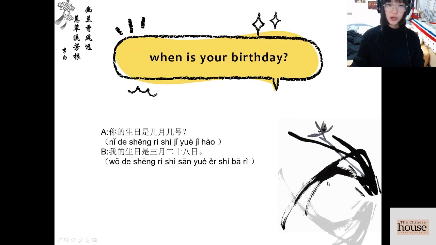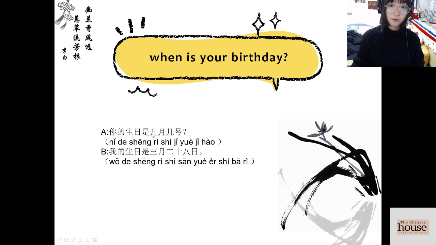And then, when is your birthday? 你的生日是几月几号? 你 is you. The 的 indicates that the first word has possession of the next one, which means the birthday is yours. 你的生日, 生 means birth, 日 means date. 你的生日是几月几号? In this occasion, 日 and 号 have the same meaning, but